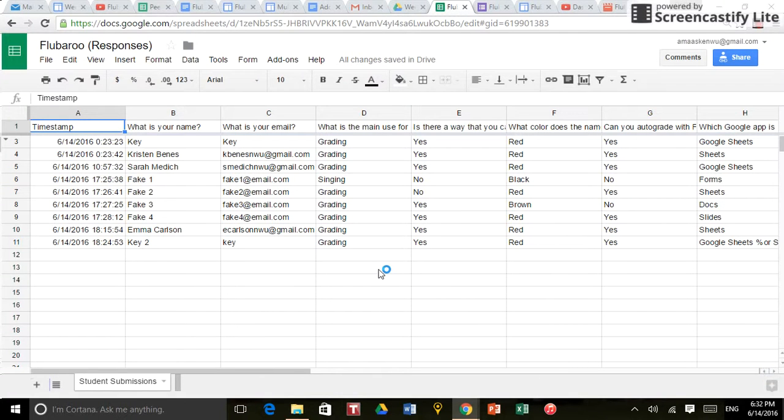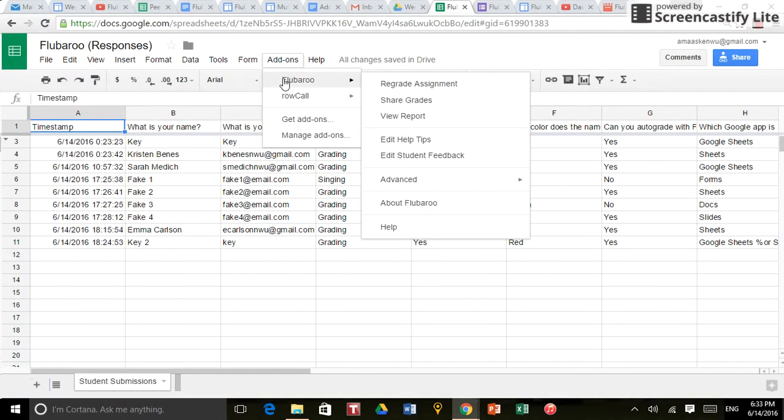Flubaroo is an excellent app to use on Google Sheets to grade form responses from students. Now to download Flubaroo, we go to add-ons, and since I already have it, it's right here, but